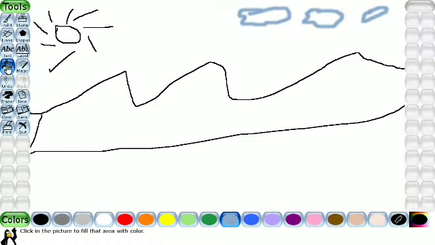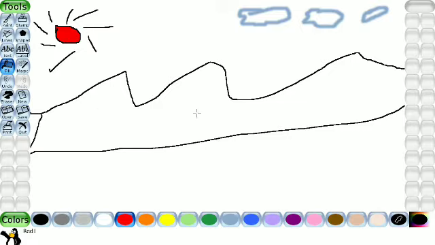So fill tool you can use to fill different colors in closed areas. So this sun's circle, it looks like a circle, it is not a circle. My mouse is not working properly, that is why this shape came like that. If you want to fill inside this circular region, you can select the color from the color palette. Bottom you can see the color palette. Click on the color and click inside that closed area.